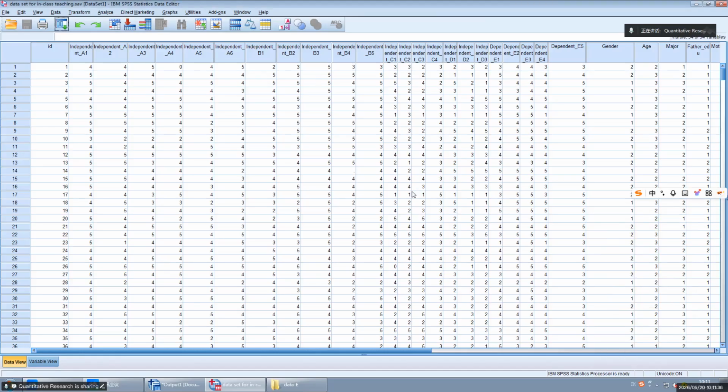Because the software will automatically interpret the numbers as representing different levels. For example, you use 1 to represent bachelor. You use 2 to represent master. You use 3 to represent doctor.